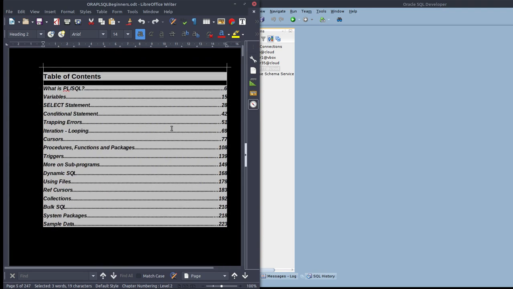There's a list of contents again, similar to what you saw above. These are the sections of the notes. I usually do about 10 pages an hour, so in a 2-hour class I do 20 pages. So hopefully we'll do what is PLSQL and variables in the first class. We'll do the select statement through conditionals in the second class. It'll work like that. It's not exactly 20 pages. It was in the SQL class. I'm not sure how that happened, but it doesn't matter. If I stop somewhere, I'll pick up where I left off in the next class.